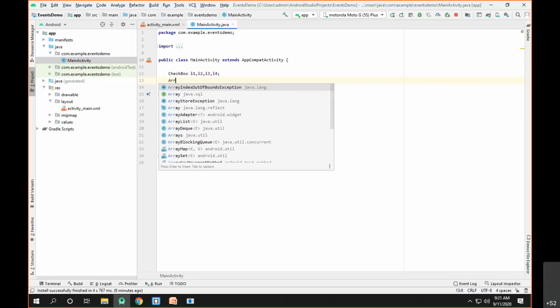If it is unchecked, then we just have to remove that particular element from the array list. This is the simple thing that we are supposed to do. Okay, so let me show you how we can do that. So what we can do is L1 dot set on check change listener. We'll be implementing new on check change listener. Okay.